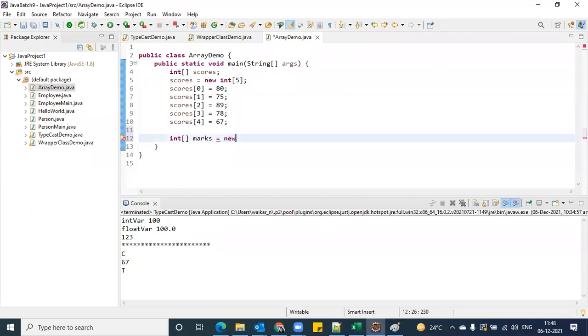Another way is to club both the steps, so declaration at the time of initialization. Again, this is initialization of the array, not the array elements. Array element initialization will be the next step. Or suppose String names equal to